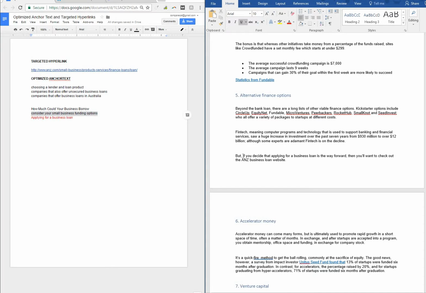Let's say if you consider your small business funding options, this needs to be REL 10, so we might say after you consider, we'd say if after you consider your small business funding options, you decide that applying for a small business loan is the way forward, then you'll